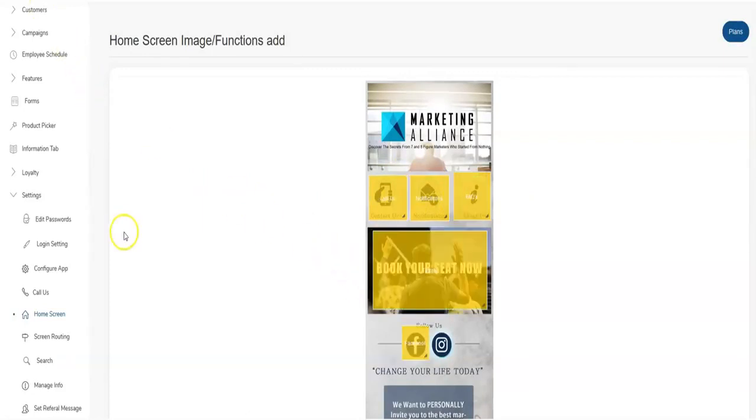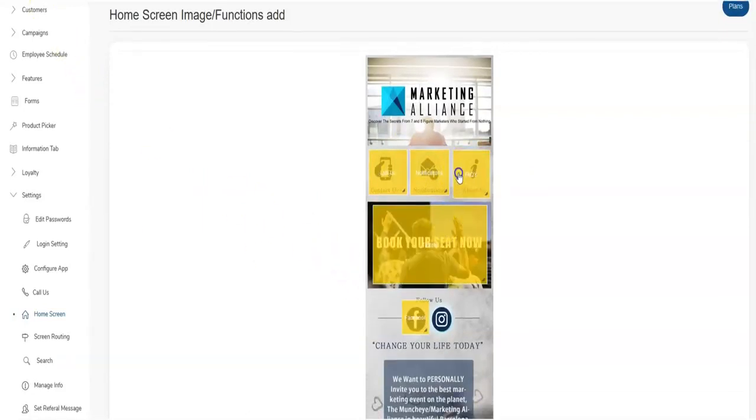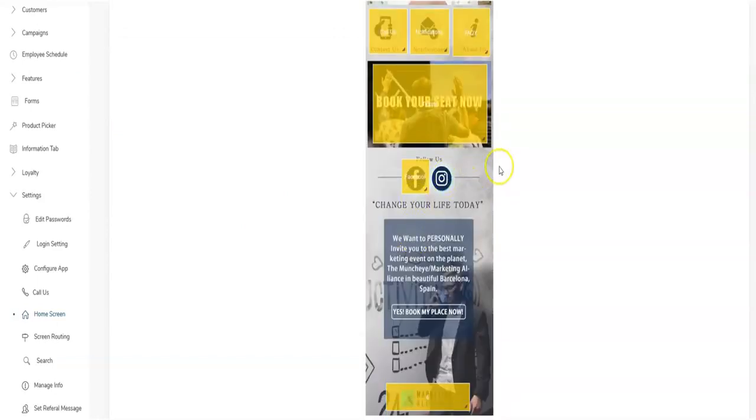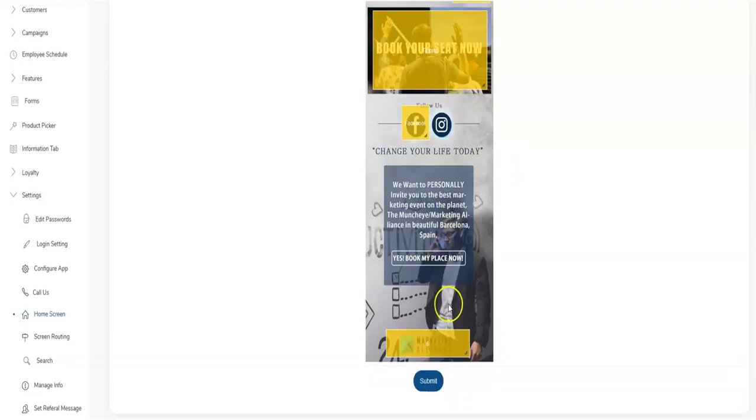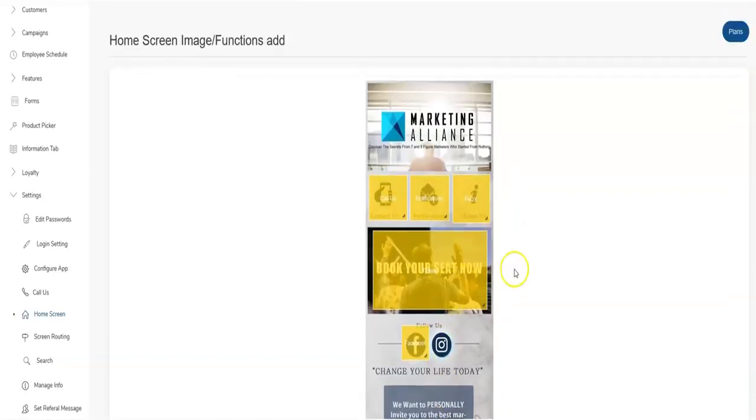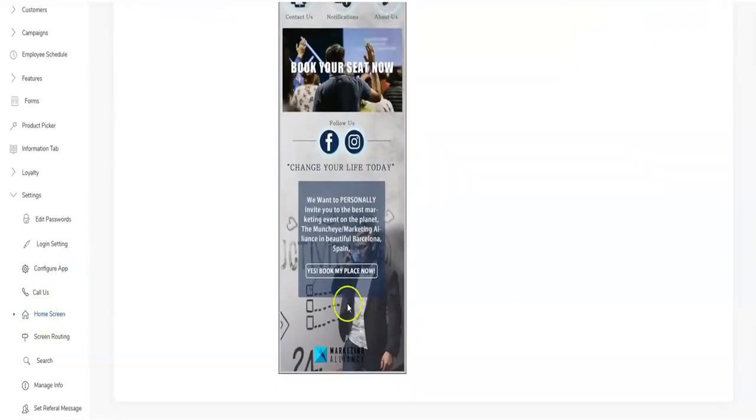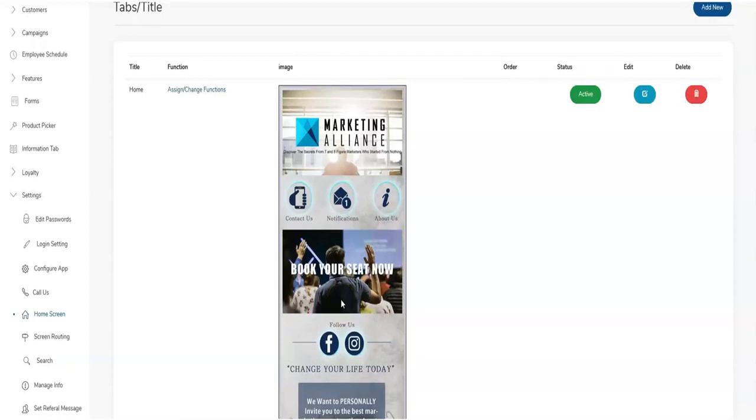Okay, so I went ahead and mapped out the rest of the functions that I want to have on the home screen of this app. I didn't find an Instagram page, so I can put that there, but everything else has been pretty much mapped out, what we're adding. So these are the few functions that we're having on the home screen. It's all been done. I saved it, and now the app is essentially built. There are some things that you would want to come in here and customize. When you're building an app for your own specific customer, whether it's a clothing store, pizza place, hair